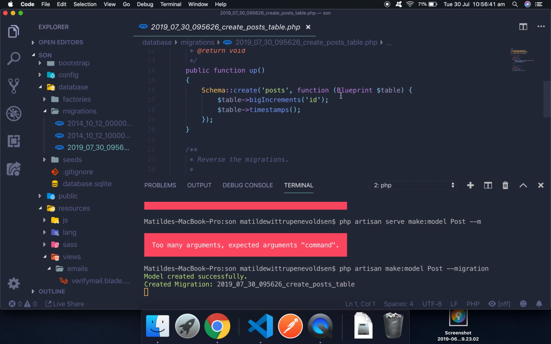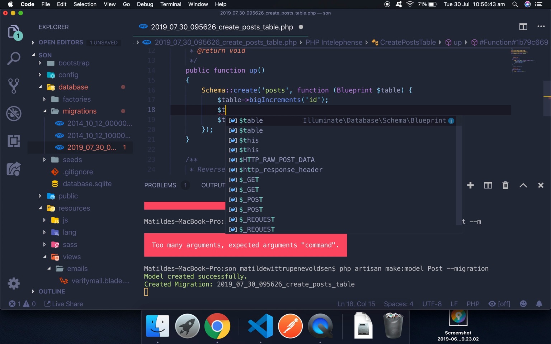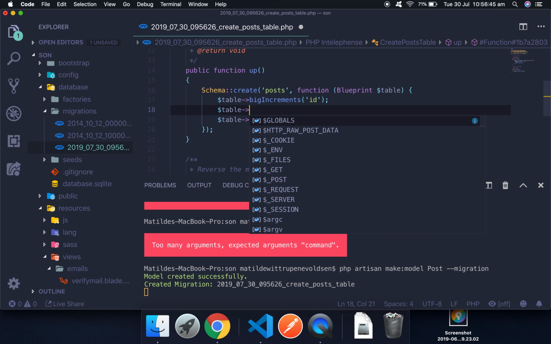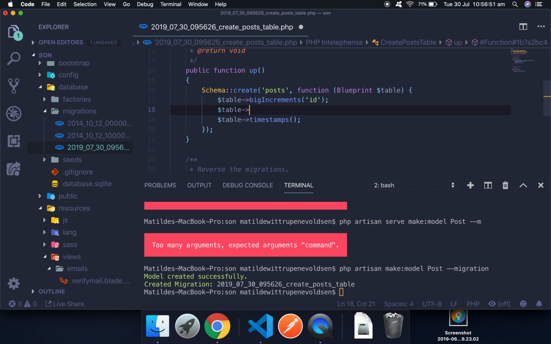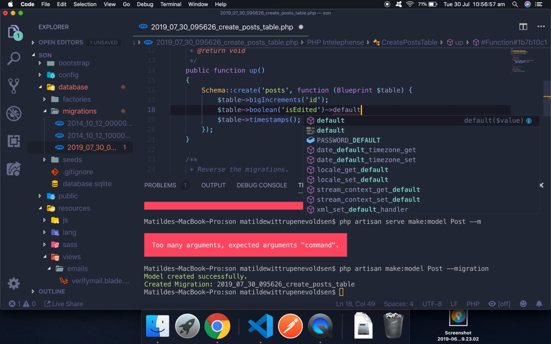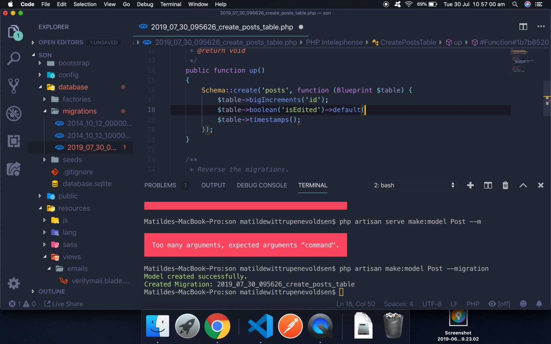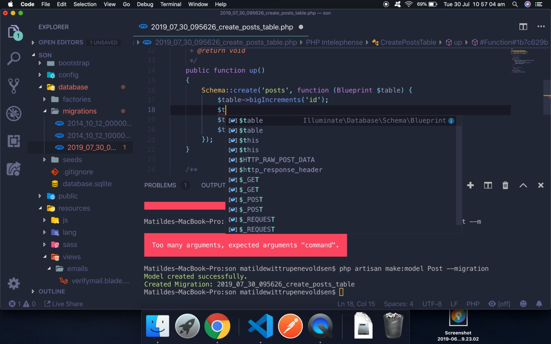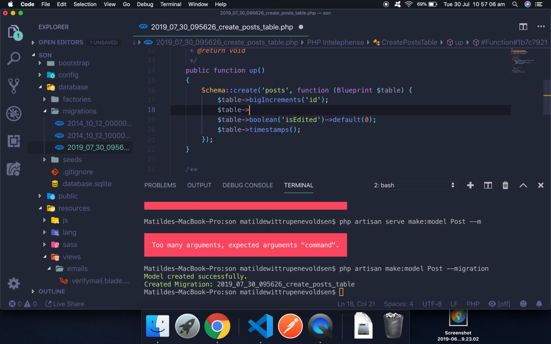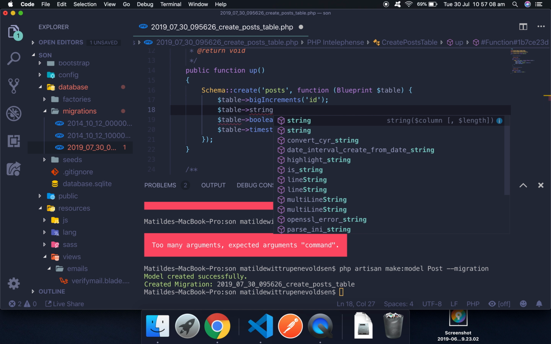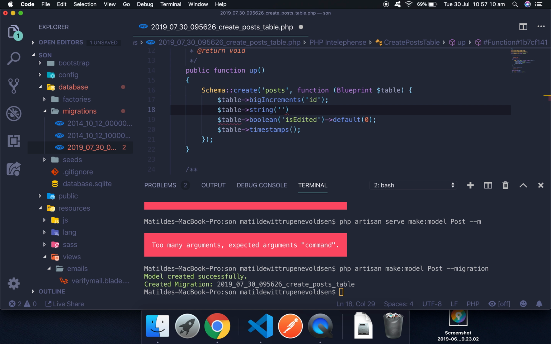So in here we wanna, beside the ID, have the opportunity to say is a boolean, and then we want to say if it's edit, because in this case we are gonna play with the idea that you can only edit a post once. So it's gonna be default 0, and then we want to have a table, and then we want to have a string of a content